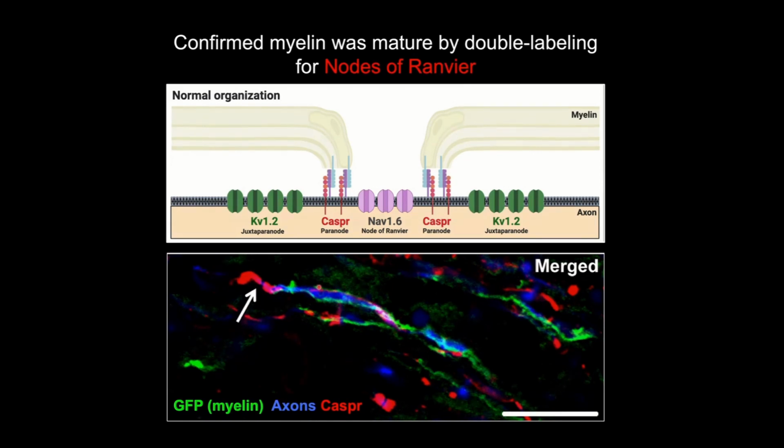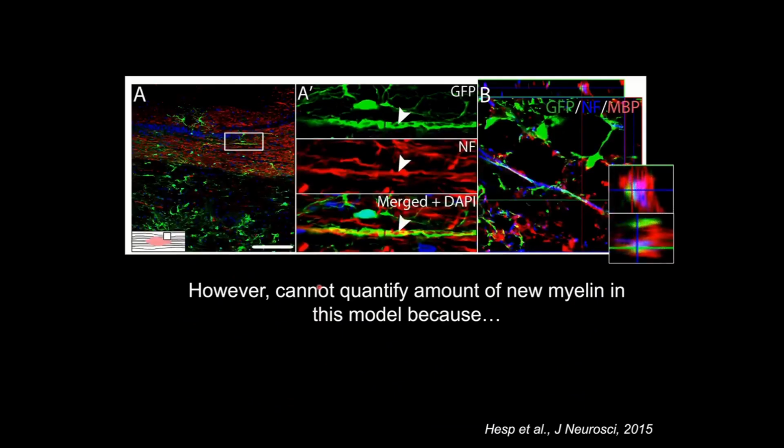We also did some immuno-EM to show that we can find evidence of GFP positive signal within myelin wraps, shown on the EM. So all of this indicated that these new oligodendrocytes actually are able to repair myelin after spinal cord injury, and that we saw this out through at least 2 to 3 months post-injury.